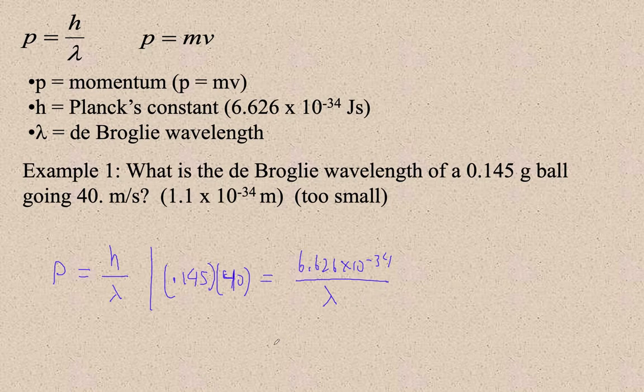And I get that the de Broglie wavelength is 1.142 times 10 to the minus 34th